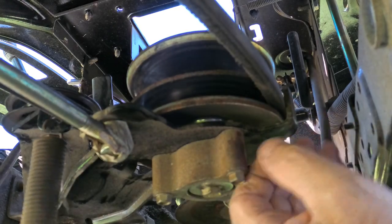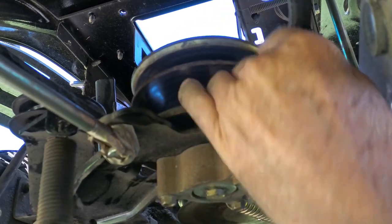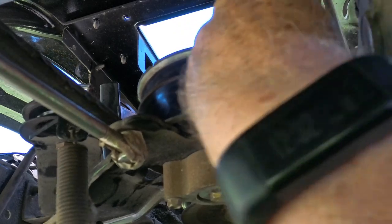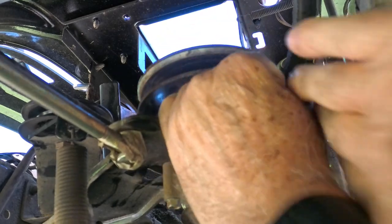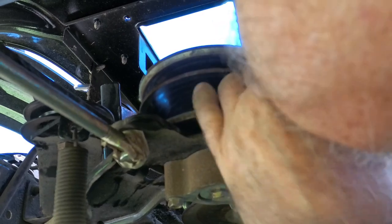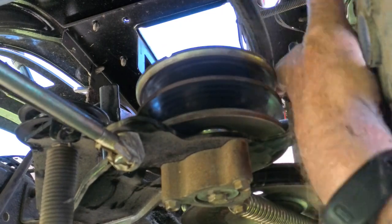So I got the clutch disengaged in. You should be able, you see this part moves. You should be able to work that belt out of there. I hope. There we go. All right. Once you get that popped up off of there,